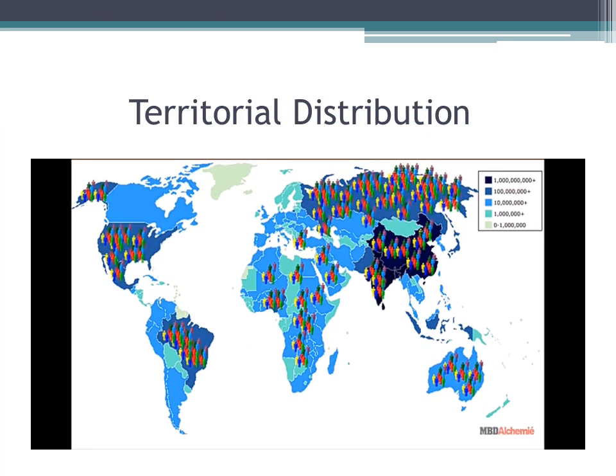Then it tells us about the territorial distribution, which means the distribution of people according to the geographical location. It also gives us idea about the changes that are taking place within these characteristics and the components of the changes, which include